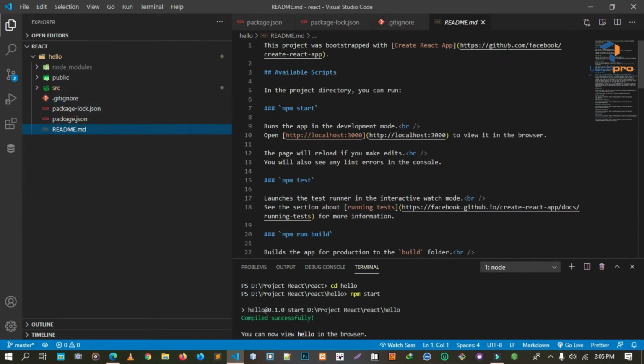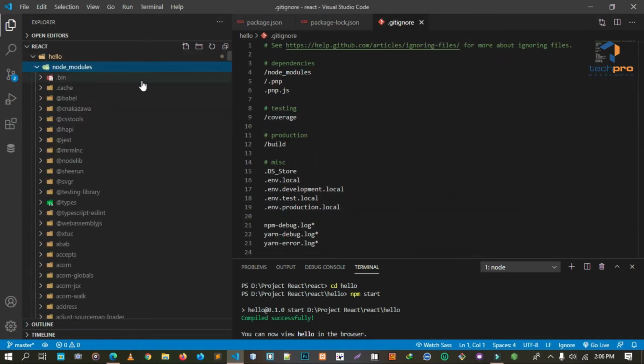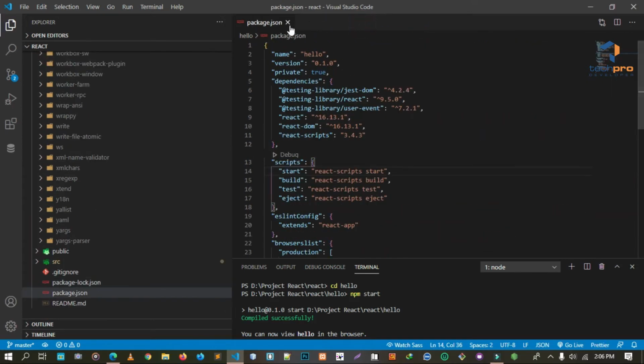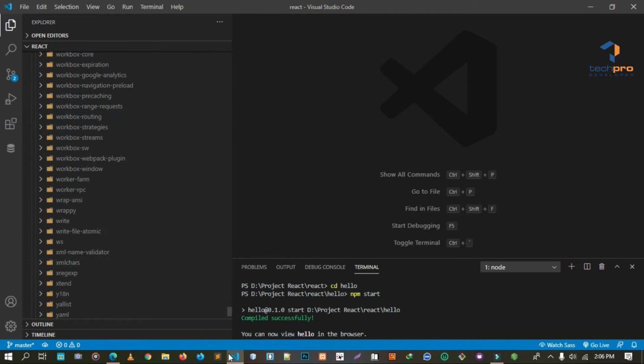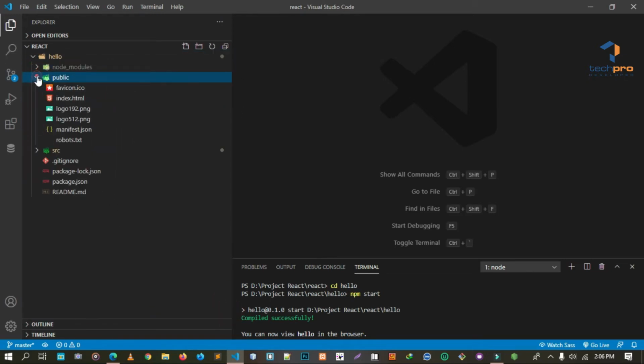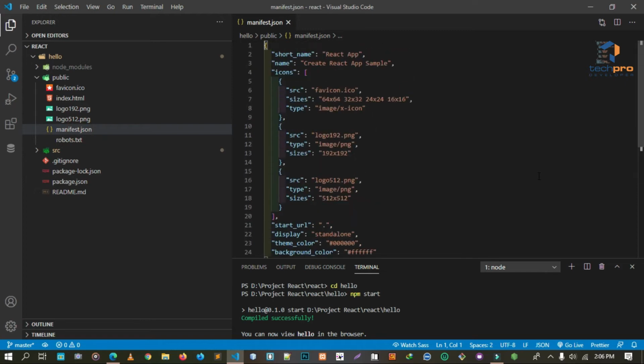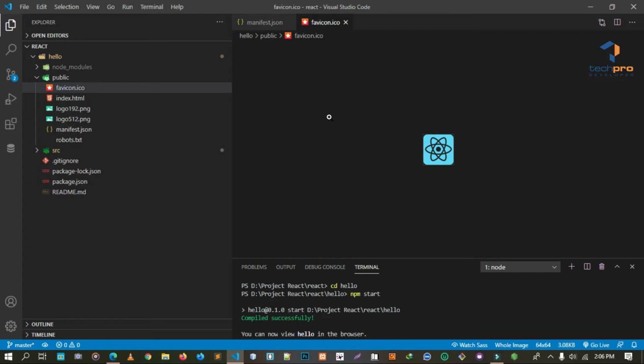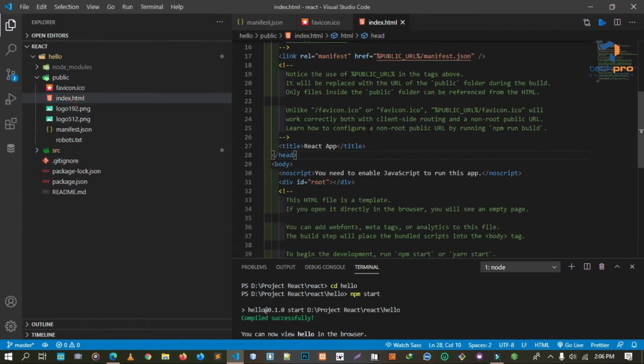Now let's talk about the folders. Firstly, we see node_modules, in which all the dependencies are installed. It is generated when we run the create-react-app command, or when you run npm install. The next folder is the public folder. This folder contains 3 files. Out of the 3 files, manifest.json is concerned with progressive web apps. And there is a favicon, which you see in the browser tab, and this is nothing React specific. So as a beginner you only have to concentrate on the index.html file.